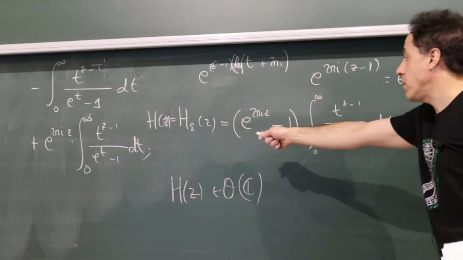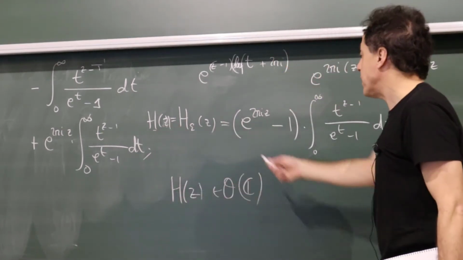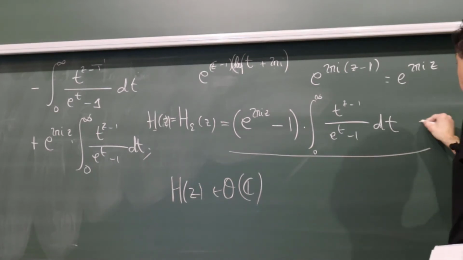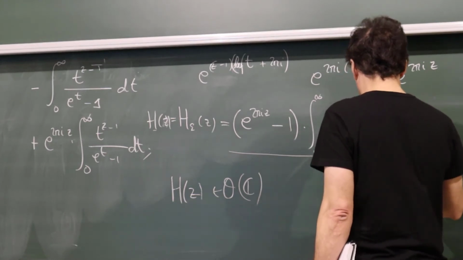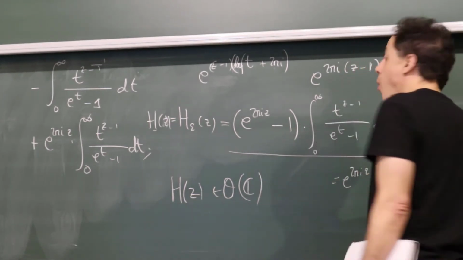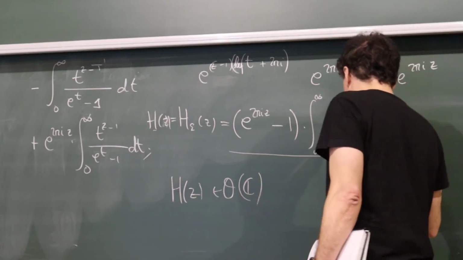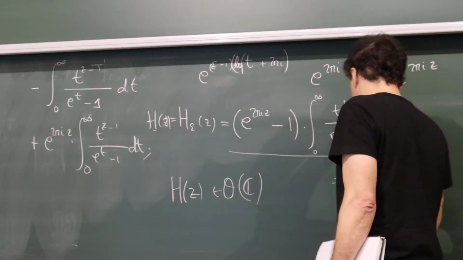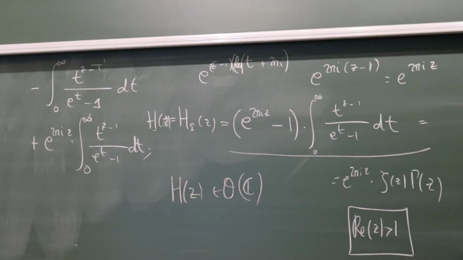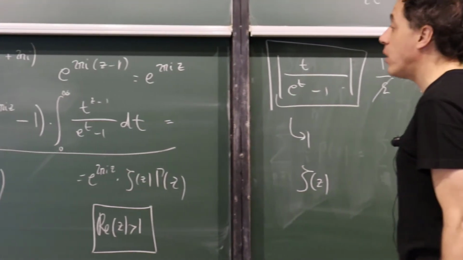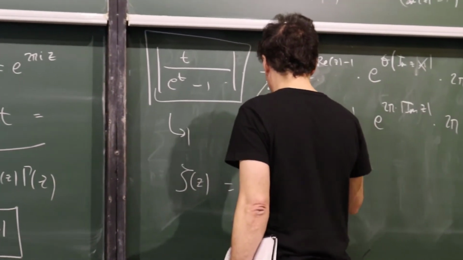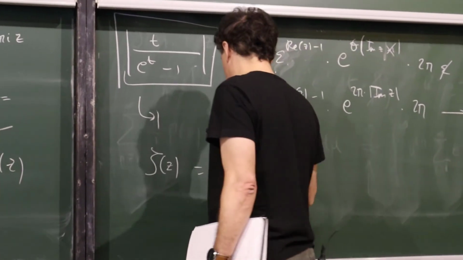So this expression, h of z, is an entire function that agrees with this expression here, when z has real part greater than 1. Okay? So we have arrived at the following expression: gamma of z times zeta of z is equal to this function h of z divided by